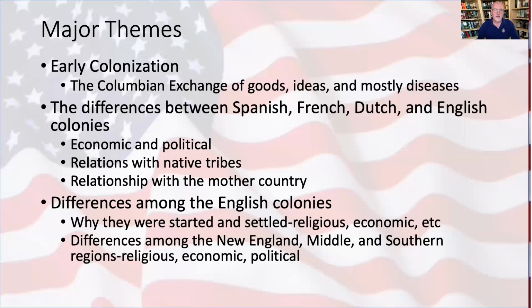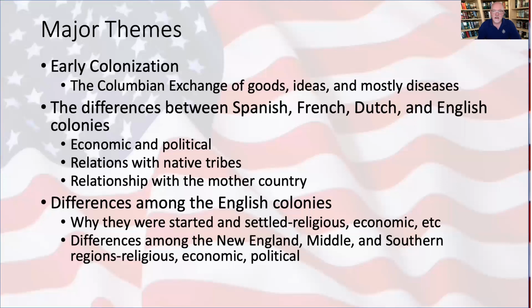So the English actually intended to settle their North American colonies and brought large numbers of families to actually farm the land. All of these colonies had different relationships with the mother country, driven primarily by mercantilism, colonialism, imperialism, where the mother countries sought to control the economic flow from the colonies, some more than others. But there were always, in the early periods in particular, the colonies were fairly tightly integrated with the mother countries.